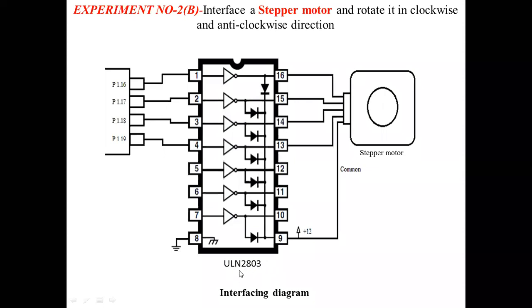Same thing here also. You are using a different driver, but for what purpose? You are using this for isolation purpose, because the motor requires more power, but your controller requires around a 5 volt power supply. So in order to isolate the controller from the motor, you are using the driver IC for isolation purpose. Here they have specified the voltage: 12 volts for the motor, and around 5 volts for your microcontroller.